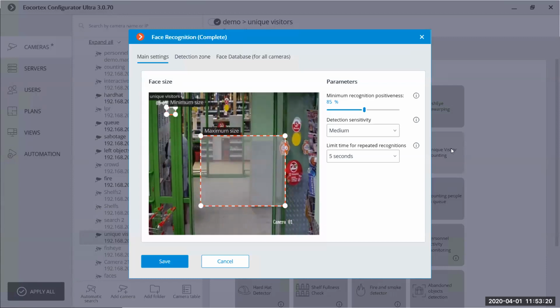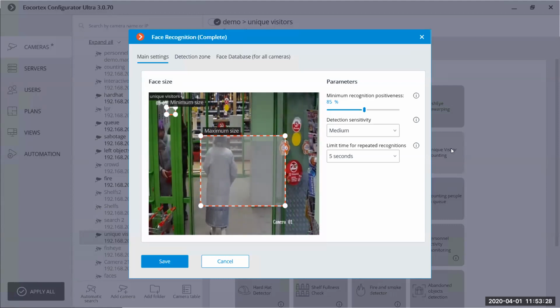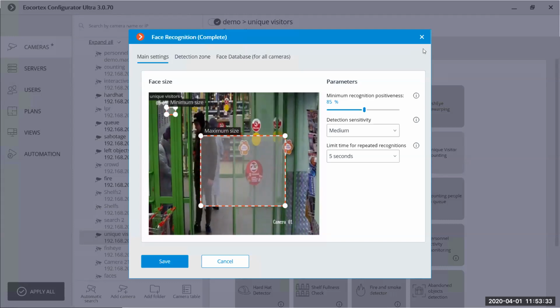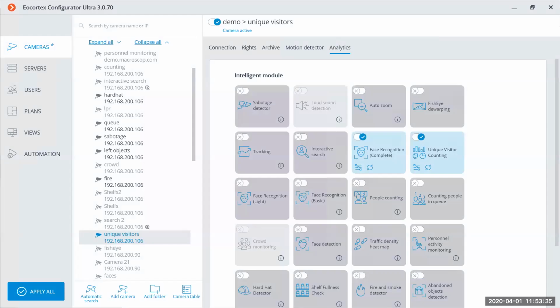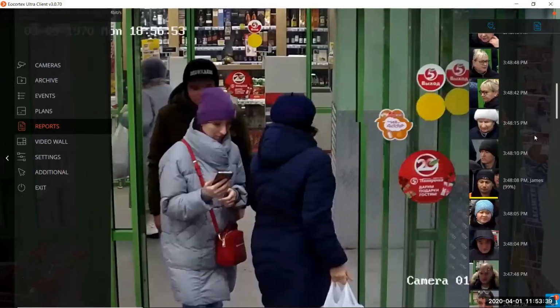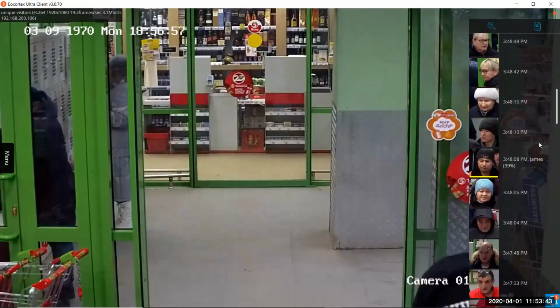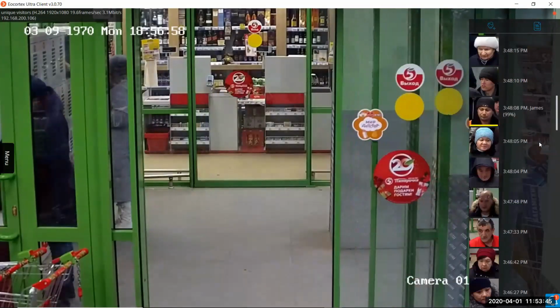Next, another important moment about this module is the camera position. If you put the camera too high, then you won't actually see the face, because the position of the face in the frame will not be really good. We can see it in some photos, so let's check it.